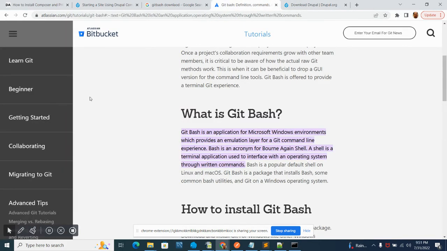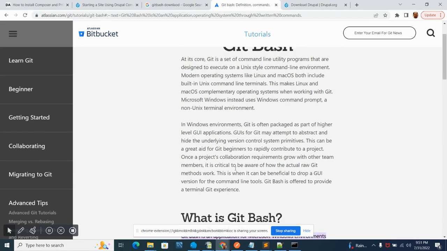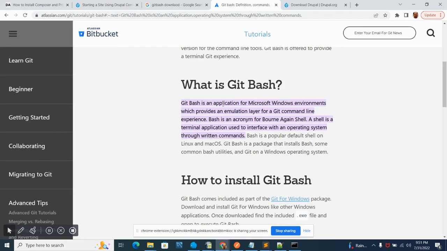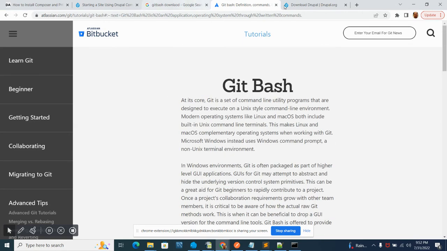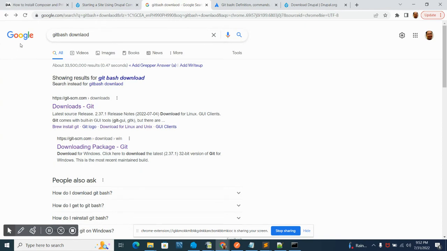atlassian.com, where it is specified that Git Bash is an application for the Microsoft Windows environment which provides an emulation layer for the git command line experience. So basically this is just an application that can be used to emulate the server itself, using Unix command line. Okay, so if you're going to download Git, you just go to Google and then type Git Bash